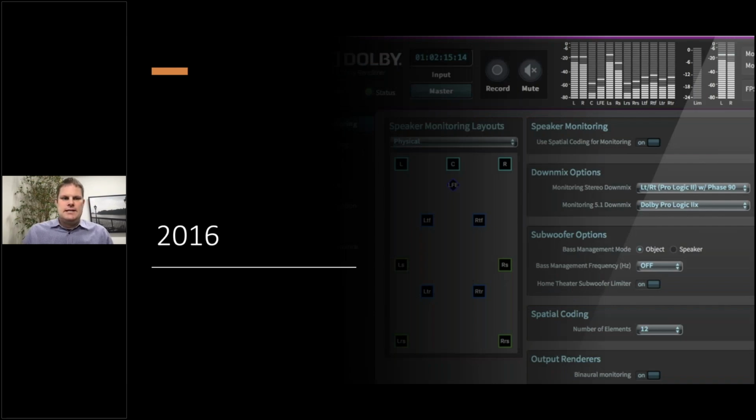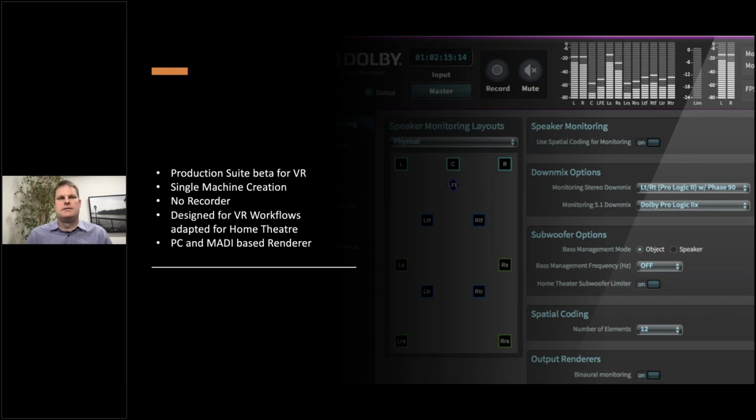And then in 2016, partly, I joined the company in 2015 to do virtual reality. By 2016, we were looking at new, more flexible ways to scale that down even further. So we launched the production suite beta for virtual reality. At the time, it was actually only to headphones. Virtual reality was a largely headphone-based endeavor. So we created this production suite. I say we, the team in Barcelona and San Francisco and around the world,